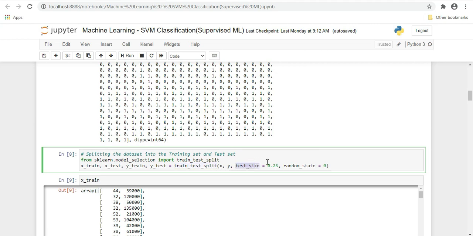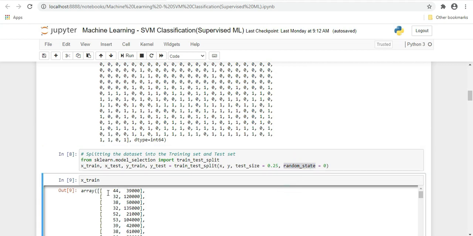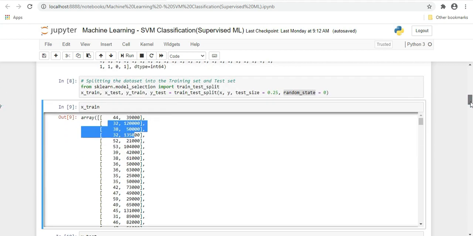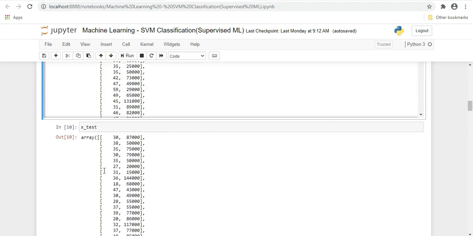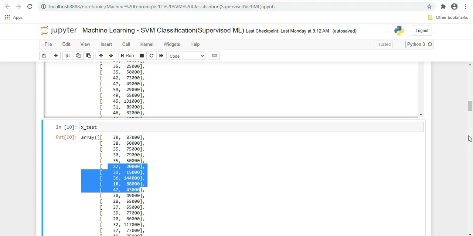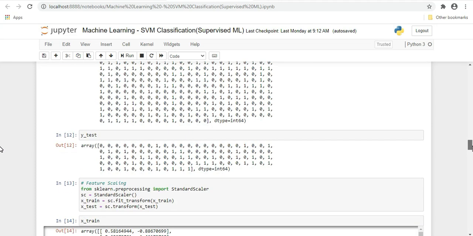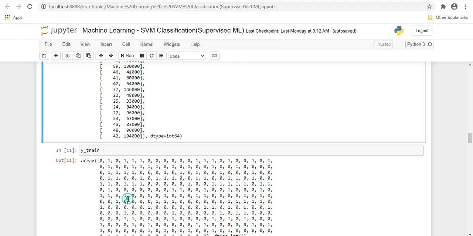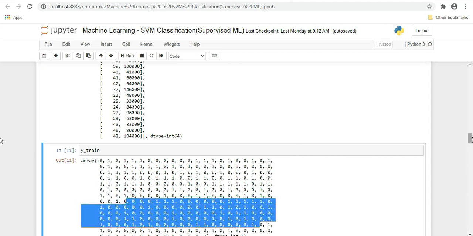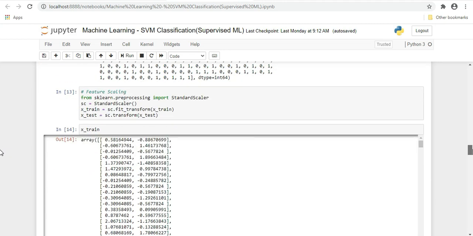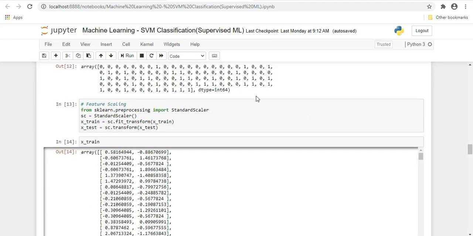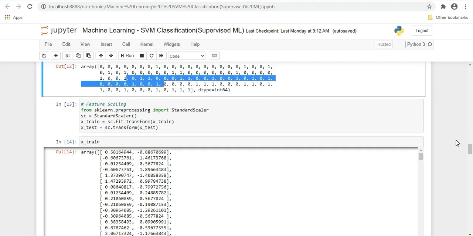These are the values. This is the value of x_train. This is the value of x_test. This is the value of y_train, and this is the value of y_test.